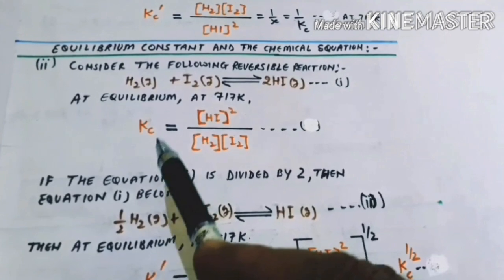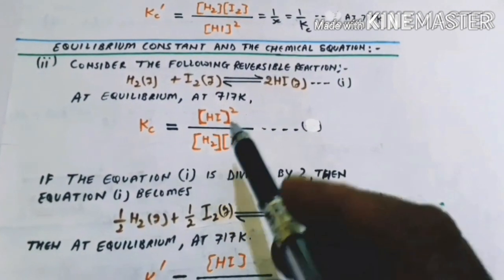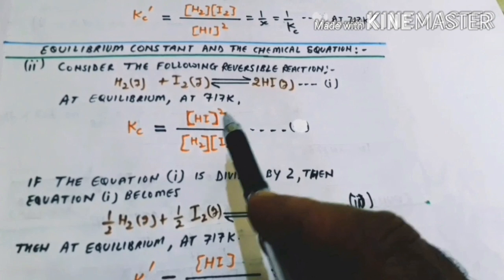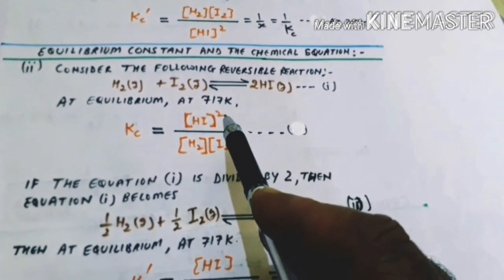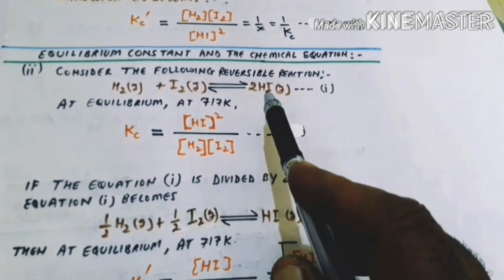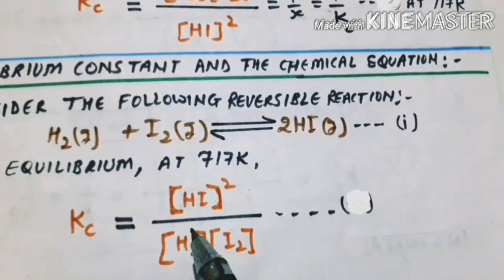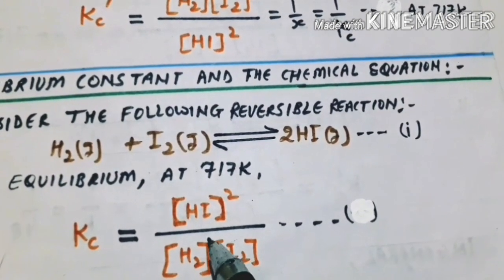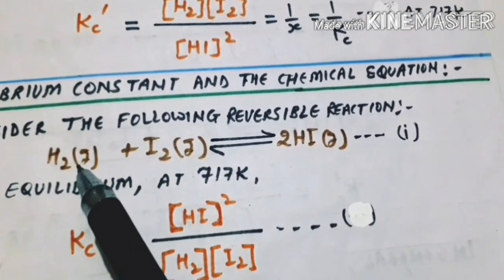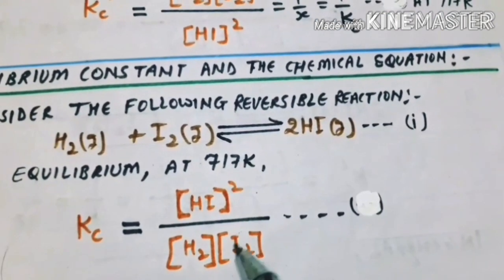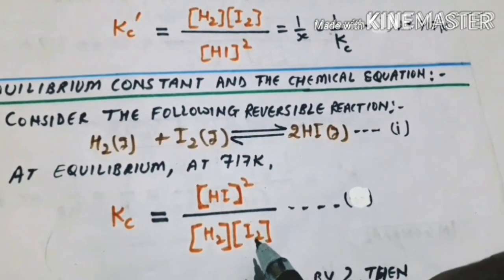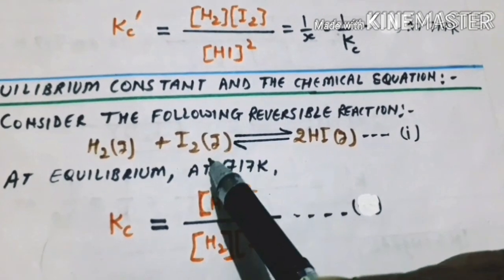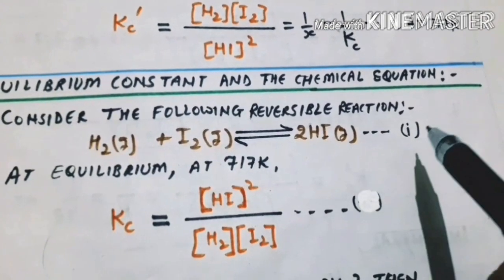So here the equilibrium constant Kc for the forward reaction is given by the concentration of hydrogen iodide as product in mole per liter raised to power 2, which is equal to its stoichiometric coefficient given in the balanced chemical equation, over the concentration of reactant hydrogen gas in mole per liter raised to power 1, where power 1 is the stoichiometric coefficient of reactant hydrogen gas in the balanced chemical equation, into the concentration of reactant iodine gas in mole per liter raised to power 1, where the power 1 is equal to the stoichiometric coefficient of reactant iodine gas in the balanced chemical equation.